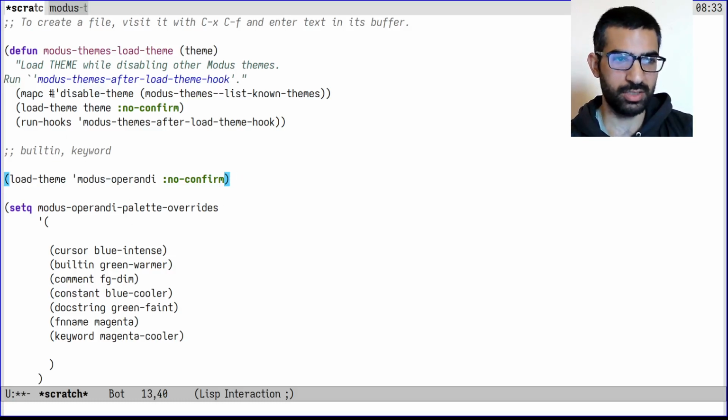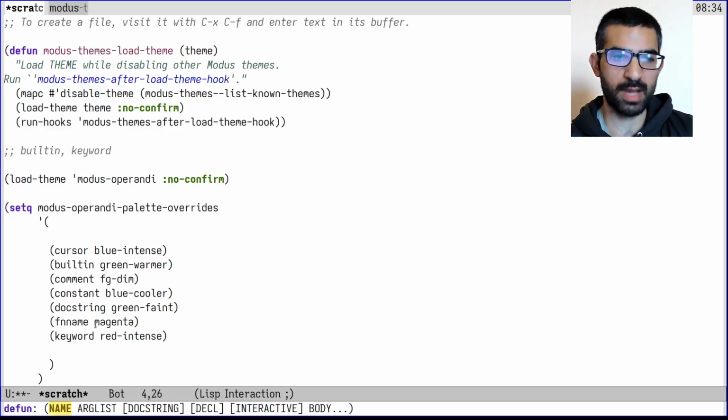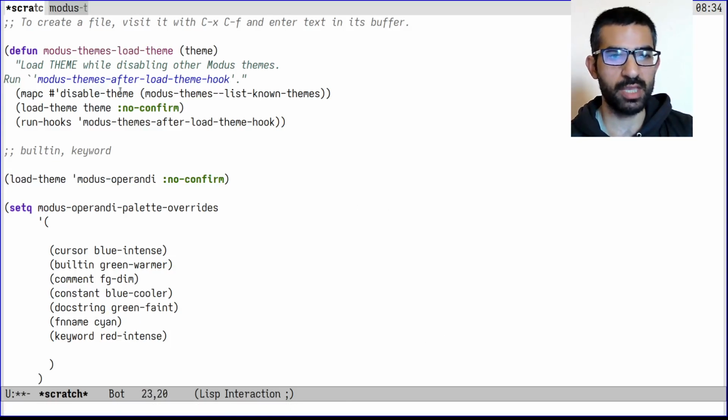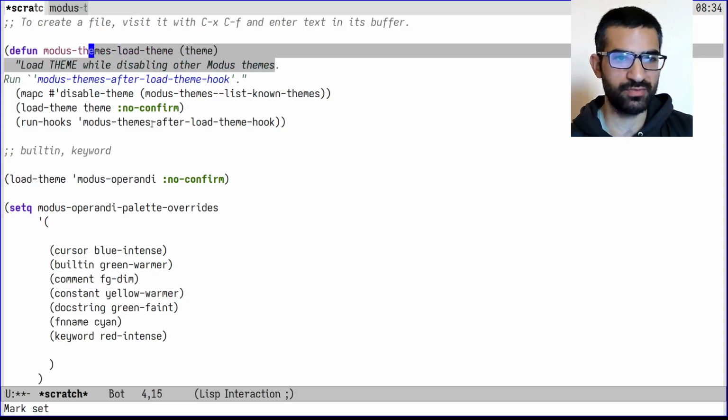Let's continue changing things. The defun, as we figured out, is a keyword, so I have keywords here. Okay, so let's make keywords red intense, and this is the FN name. I know this, so let's make those cyan. Okay. And this is the constant, so I will make constant yellow warmer, and this text over here is the